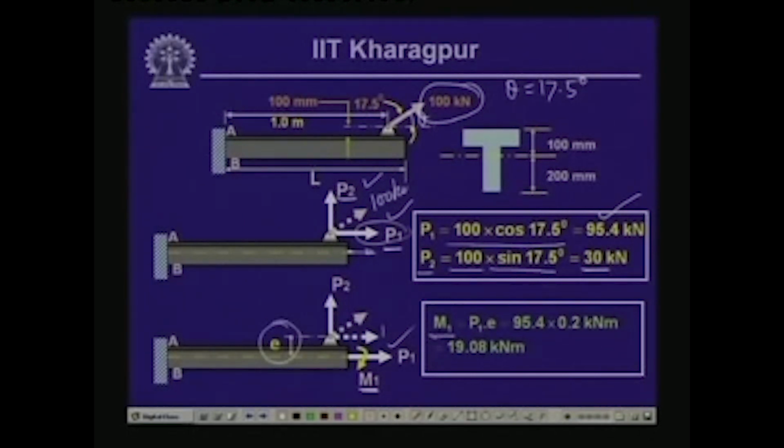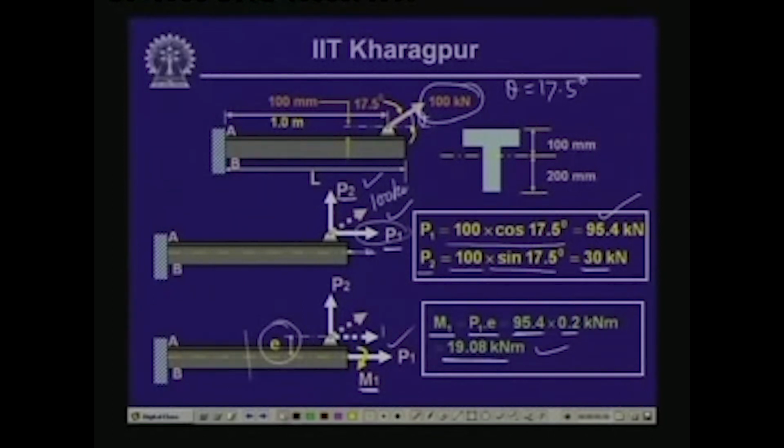So the value of the moment M is equal to P1 into E, which is 95.4 as the axial pull and 0.2 as the distance E, and that gives you 19.08 kilonewton meter as the moment. So we have the value of the moment and the axial pull. Now this axial pull is through the center of gravity of the member, and thereby it gives a normal stress